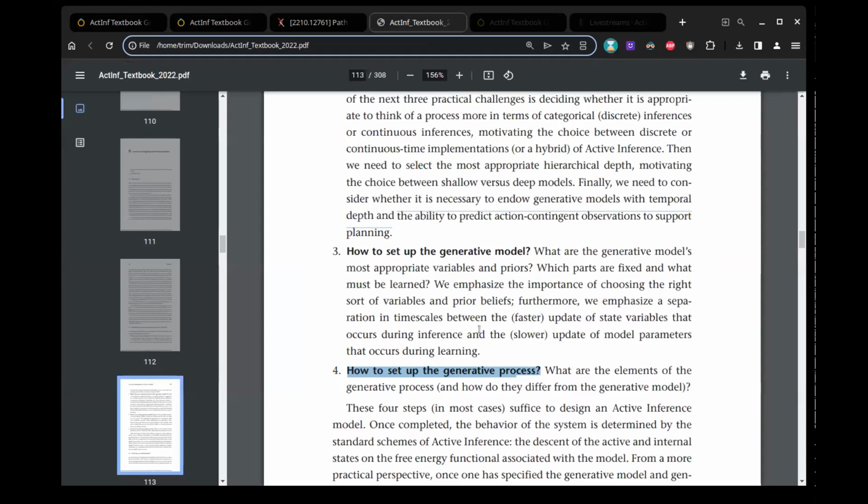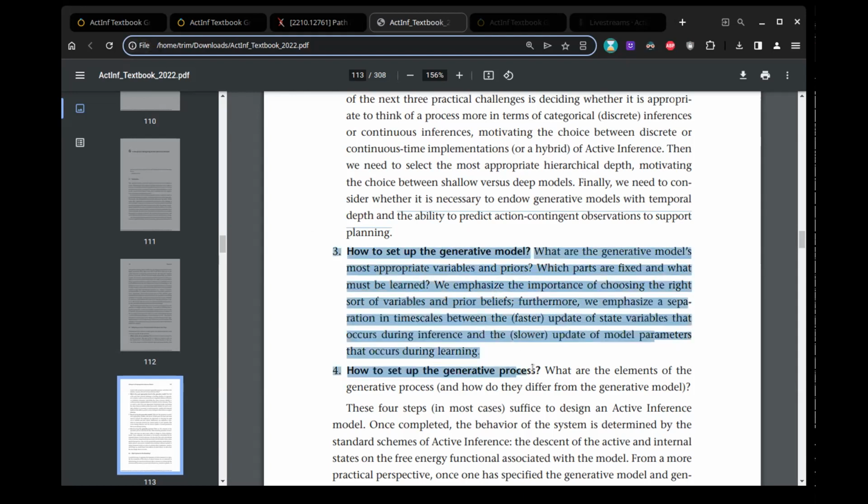And so they're highlighting that there's a lot of decisions to be made in terms of setting the priors, and which aspects are going to be fixed and which aspects are going to be learnable. And remember that the models are maps, not territories. So just because something is learnable in principle or in practice in the real world doesn't necessarily mean that the model is going to be simply mimicking that, and vice versa.